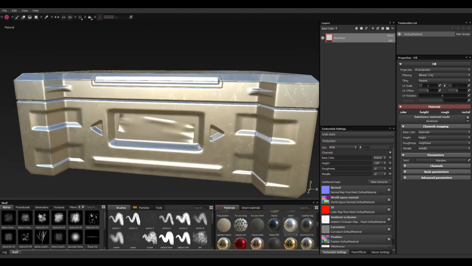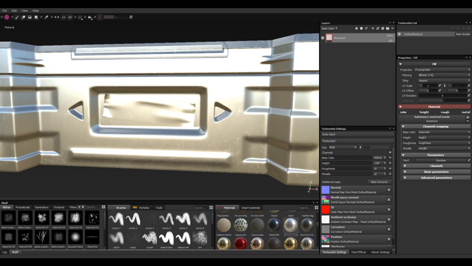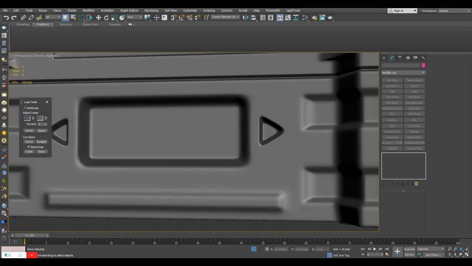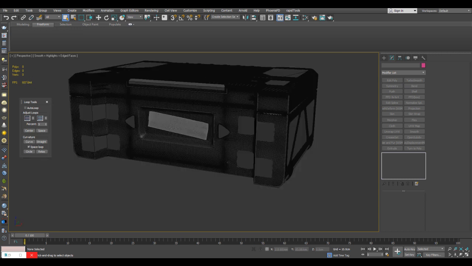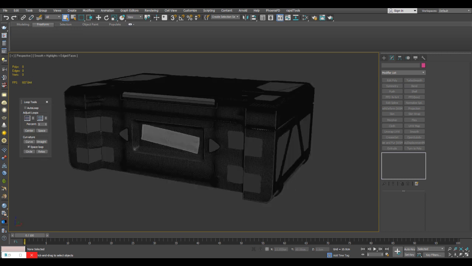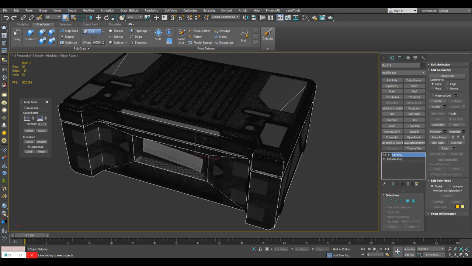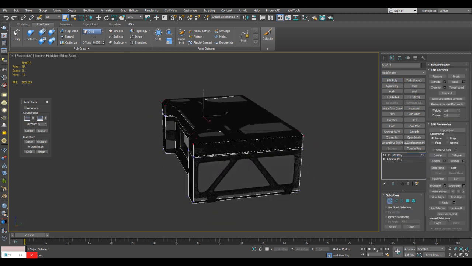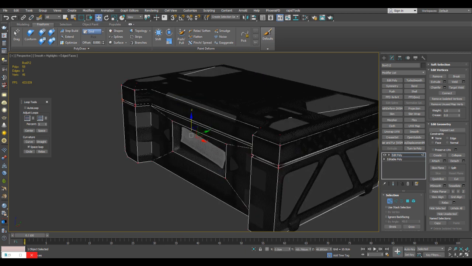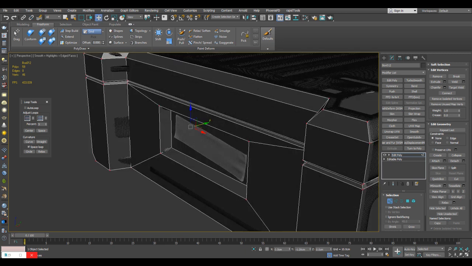It doesn't look too bad, but you can see there's some problems here. For example, the triangle detail didn't bake properly because this is what it's modeled to look like. And so in order to fix that, we can actually use a cage file, and we can create that by modifying the low poly. So select the low poly, apply new edit poly modifier. And so pretty much all I want to do is just select this and move it past the high poly,